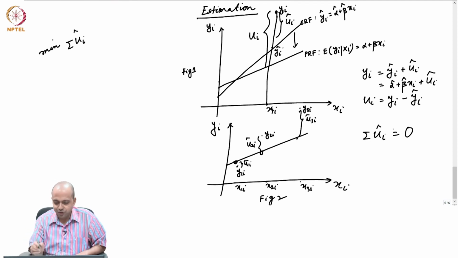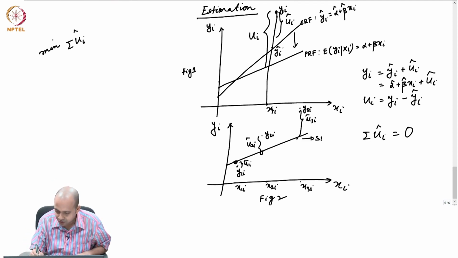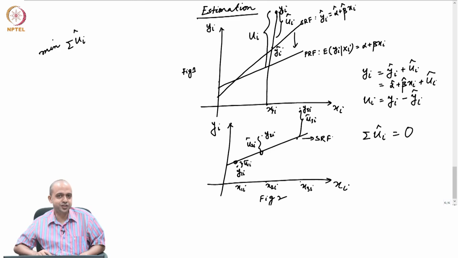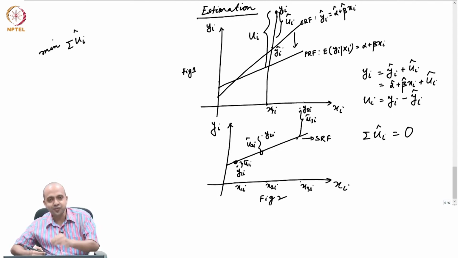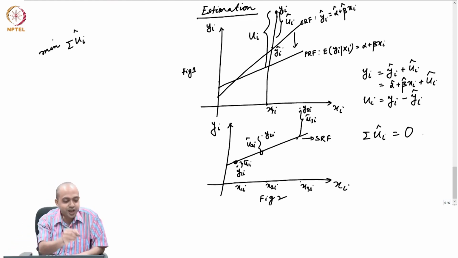Why is this so? Because this line, this SRF line, what we have discussed earlier, is basically an average line. So this u1 hat, u2 hat, u3 hat, all these errors are basically deviations from the average line. And what is the sum of deviations from the average or mean? The sum of deviations from the average or mean is actually 0. That is why summation ui hat is 0. So, we cannot actually